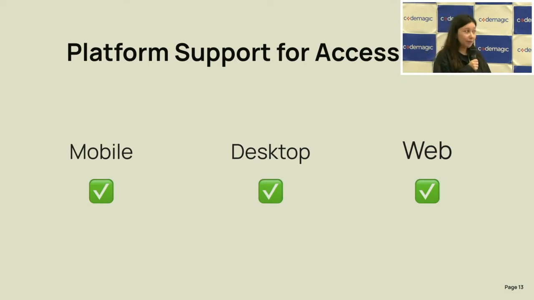Platform support for accessibility is given for mobile, desktop, and web, but there is a special thing in web. Basically, when you navigate on a Flutter web app with a screen reader, you will hear about an invisible accessibility button that you have to turn on. That was made because the Flutter team wanted to keep Flutter web performant. So they decided that the semantics tree in web will only get built when you turn on the button. So I made a video to compare a traditional web framework with a Flutter web app.